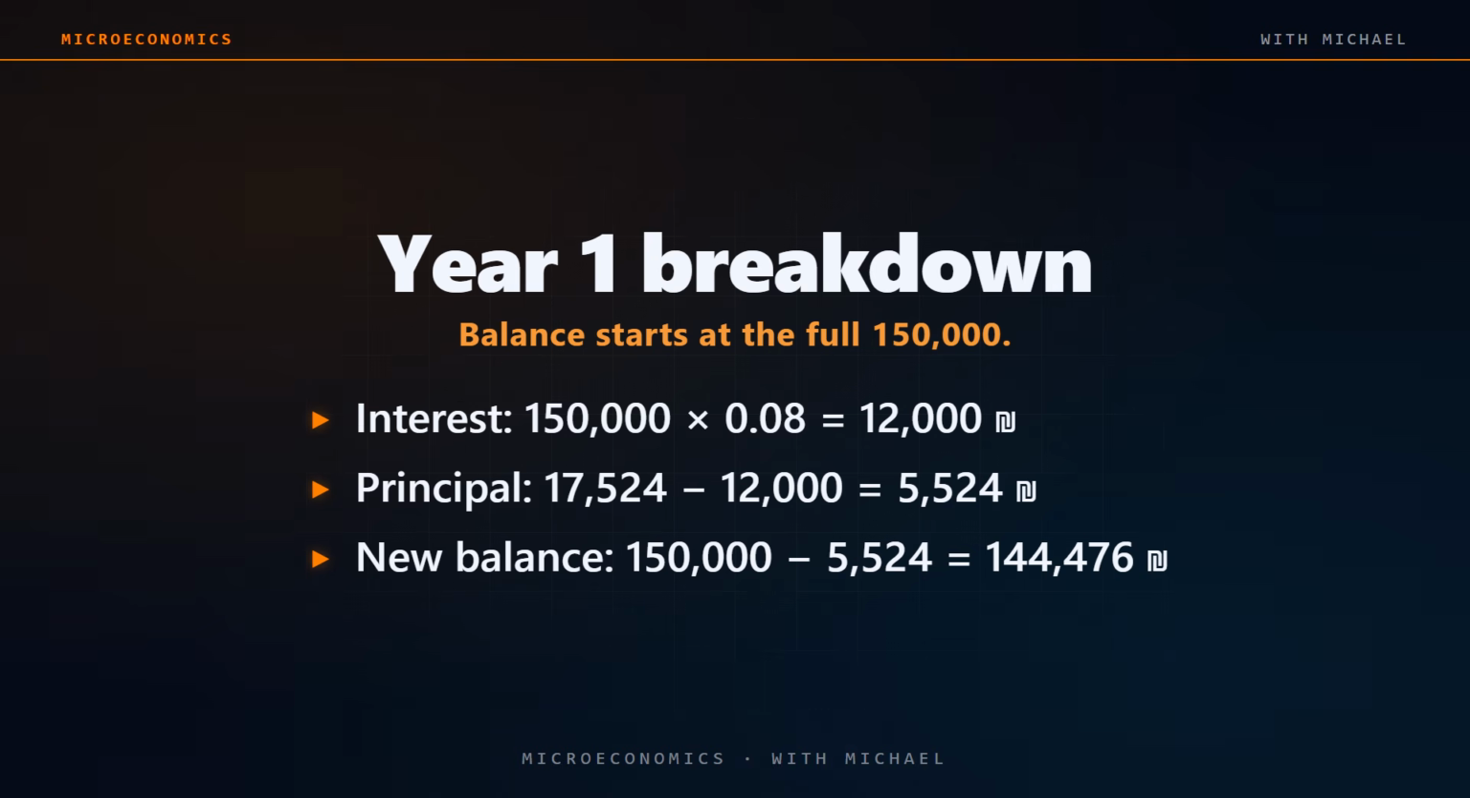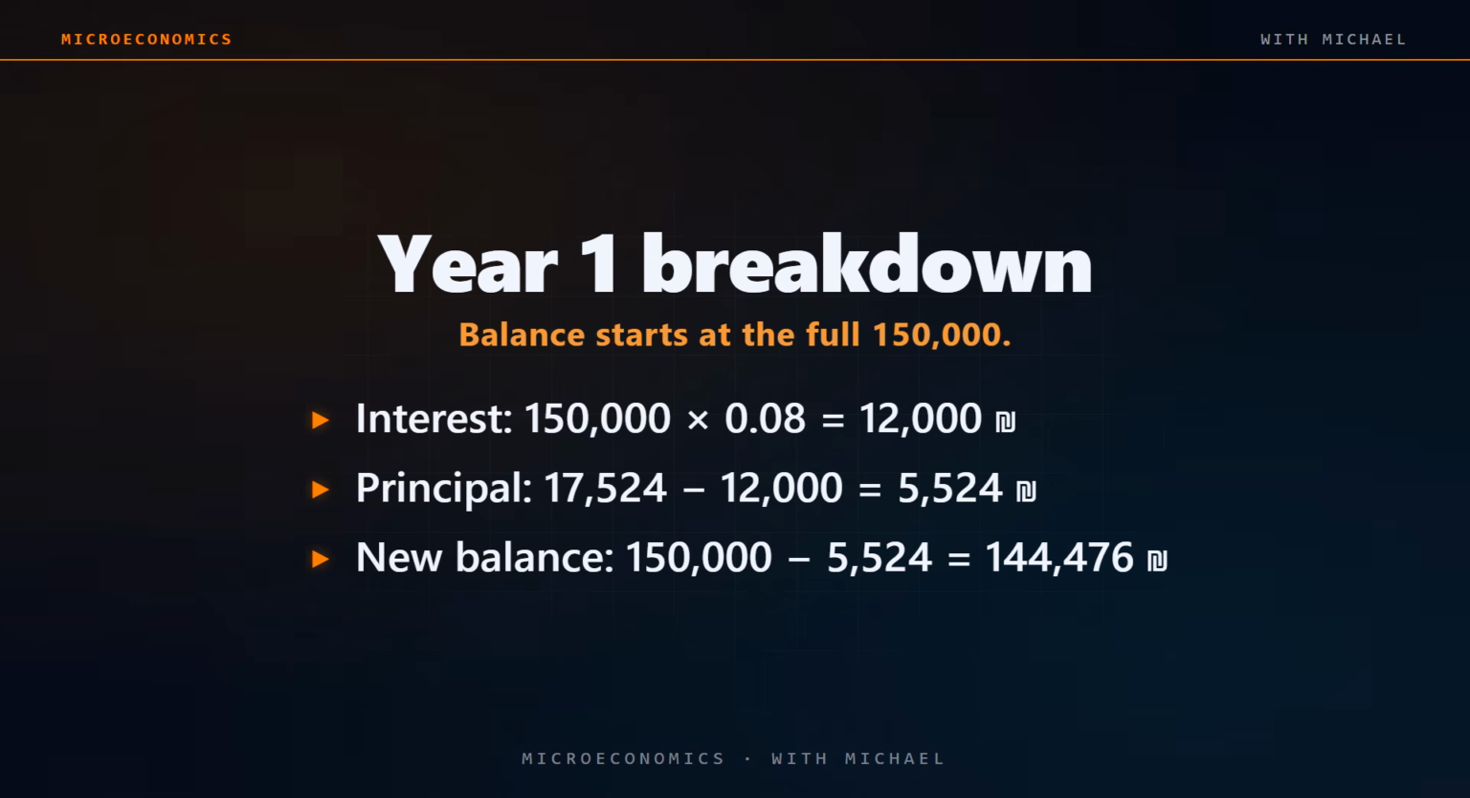144,476. Now year 2. Interest is 144,476 times 0.08, which is roughly 11,558. Subtract from the 17,524 payment, and principal in year 2 is about 5,966. Notice what happened. The total payment stayed the same,